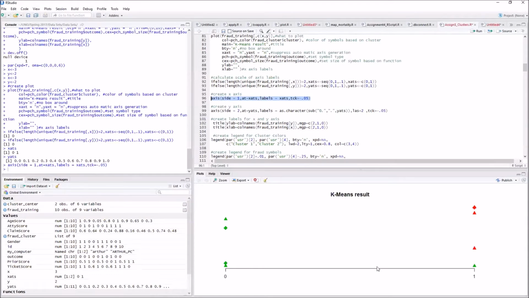And you can see now, hey, this drew the x-axis. We have a binary variable, so it goes from 0 to 1. And you can see there's the little tick marks, which shows that we wanted them to go down because we had a negative number up here. If we wanted them to go up, it would just be a positive number. All right, so now